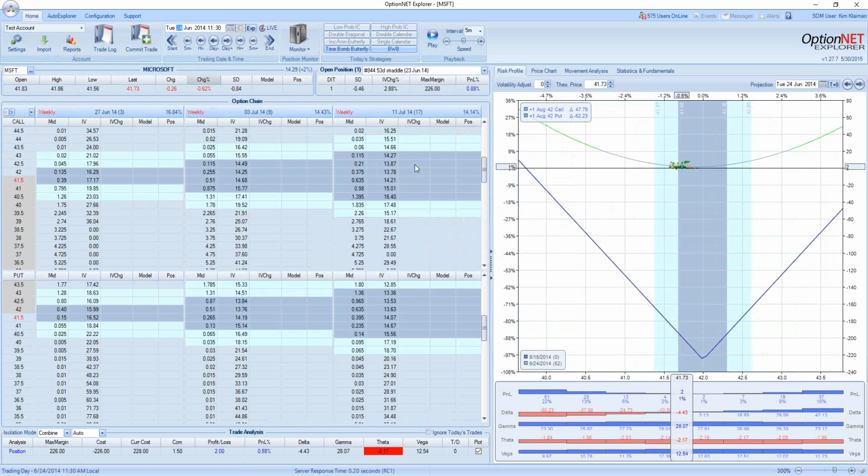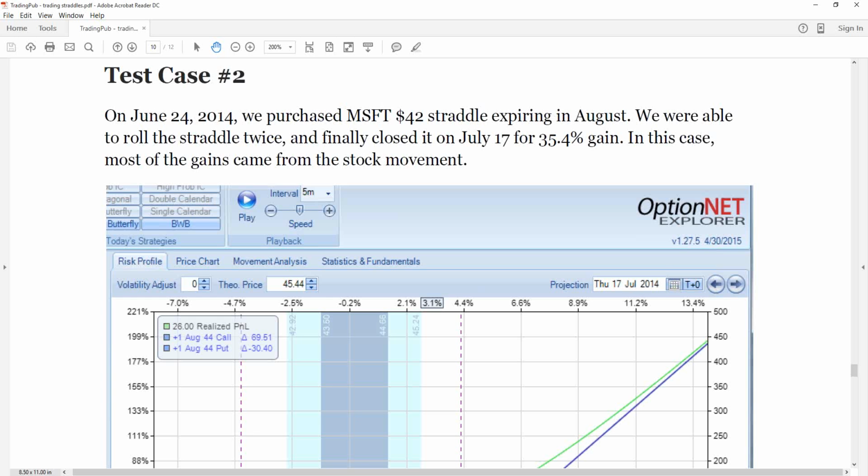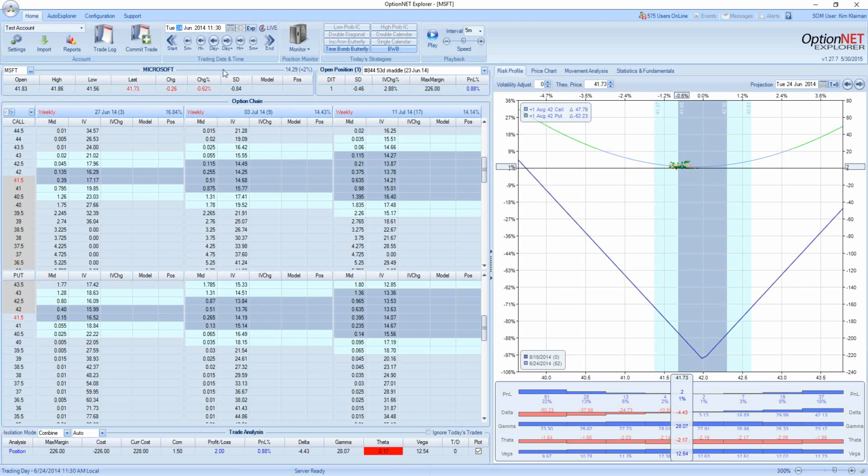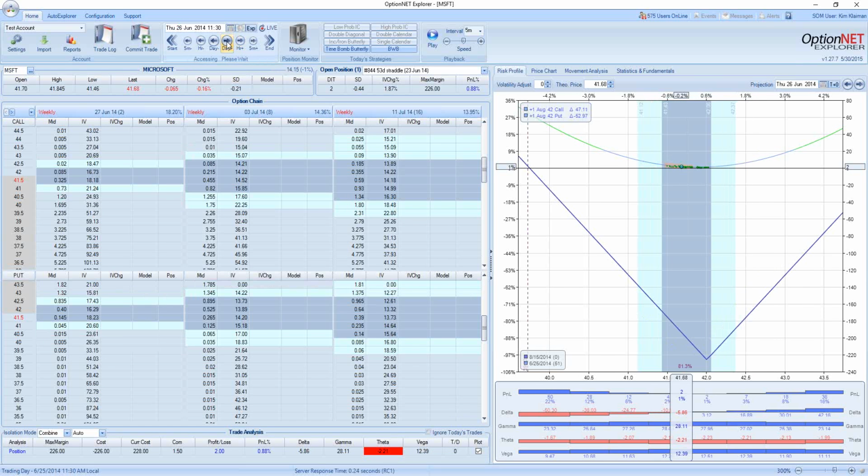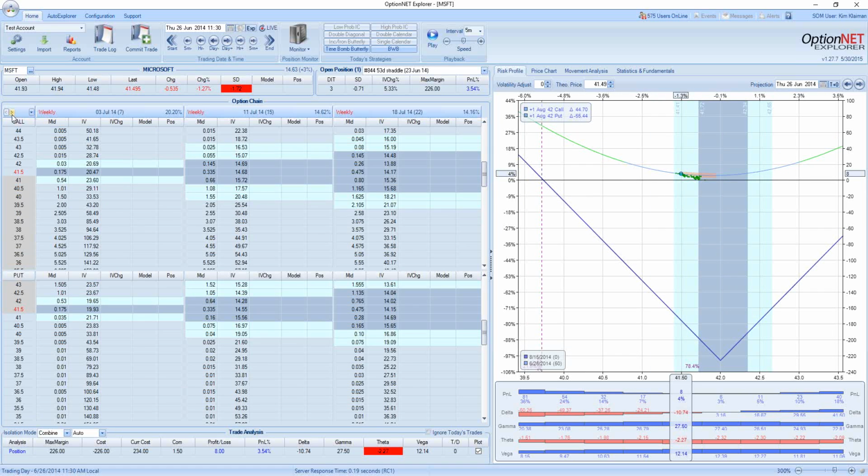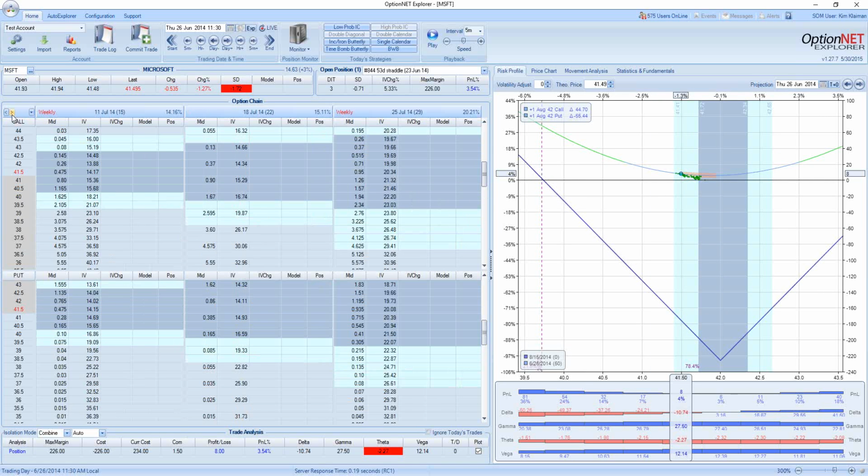We bought the 42 straddle with the stock trading at 42. Now, this trade took a little bit longer. Basically, we closed it on July 17, and let's see why. So this one, let's go day by day. So where is our straddle? We went with